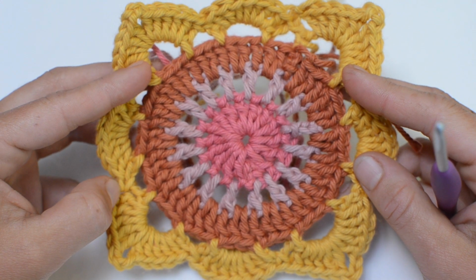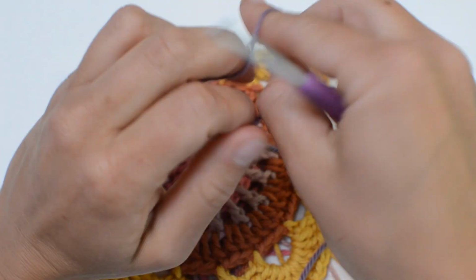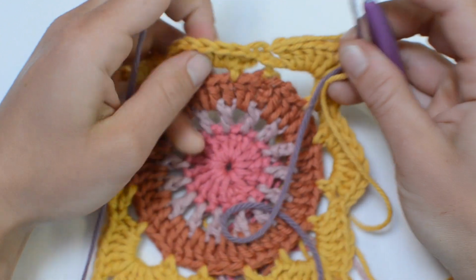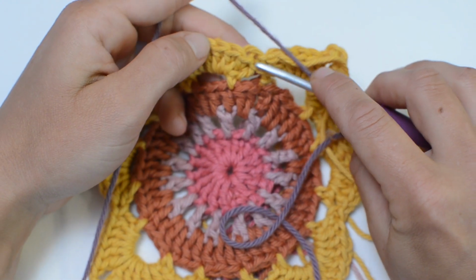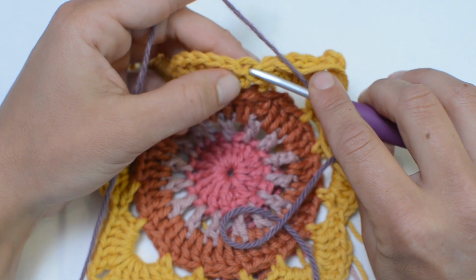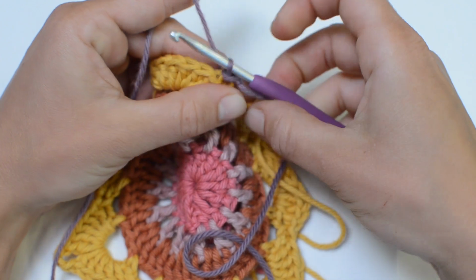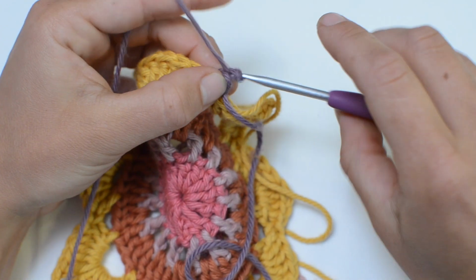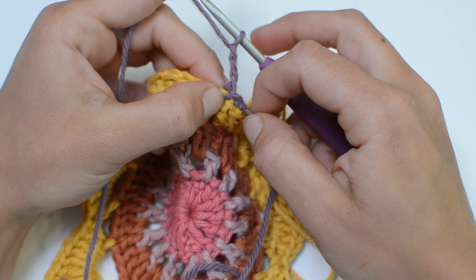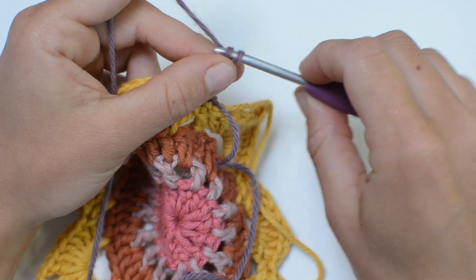using our 5th color. Make a slip knot, and we're going to fasten on right where we left off into this chain 1 or single crochet, right where we did our slip stitch. So do another slip stitch to fasten on, and chain 3, 2, 3. This will count as a double crochet. And now chain another 3